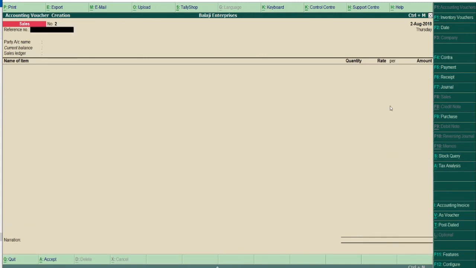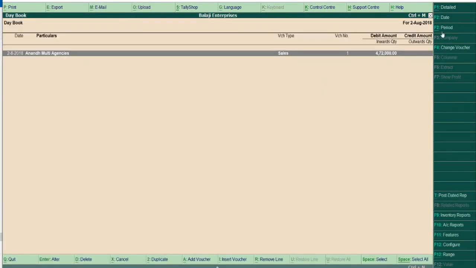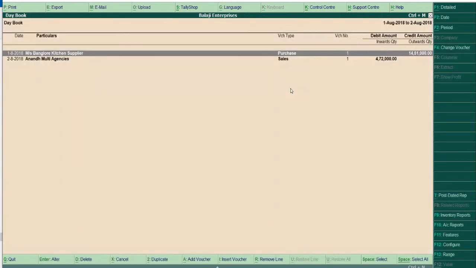So here we have finished with the transaction of sales. Let's see. And from this day book, here you will have to select the period, that is 1st August 2018 to 2nd August 2018, and you can see both the transactions here.